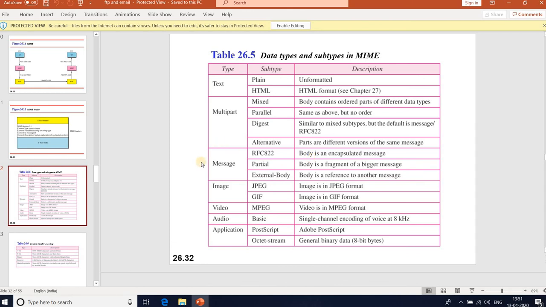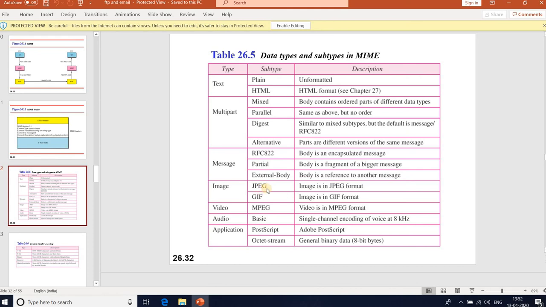Next, the content type message: the body itself is an entire email message, a part of a mail message, or a pointer to the message. We have three subtypes: partial, external body, and RFC 822. Coming to the content type image, we have two subtypes. JPEG stands for Joint Photographic Expert Group.